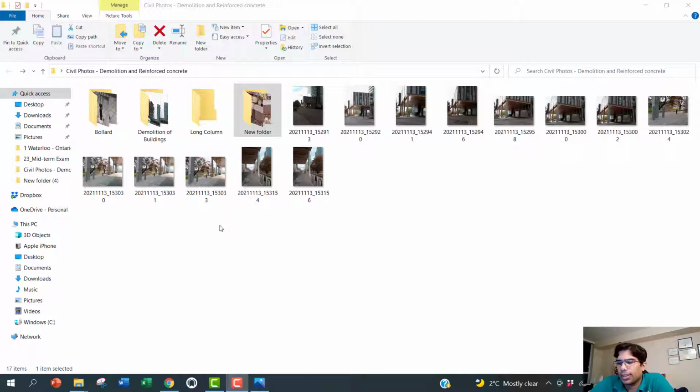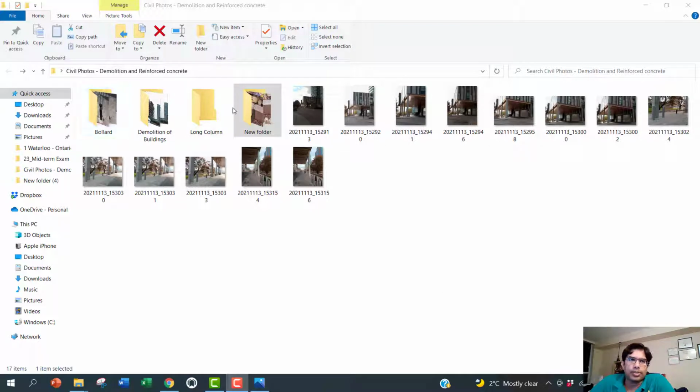Since you're studying column design, all of the example problems that we're doing are short columns, but I wanted to show some long columns. What is the difference between a short column and a long column? It will be much easier to show you just photos so that you can instantaneously understand which one is a short column and which one is a long column.